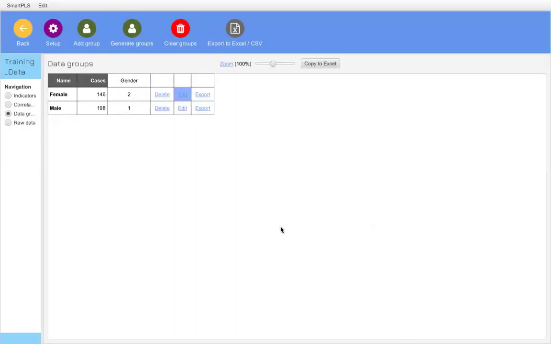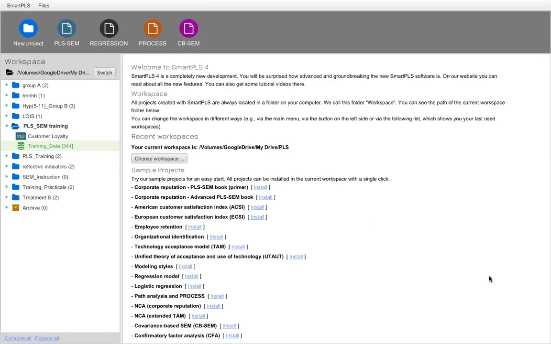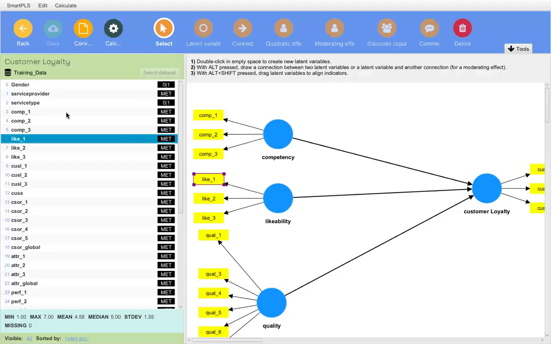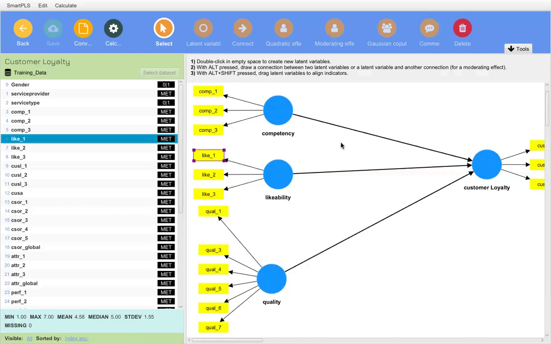After that, I just have to go back. After doing that, you go back. When you go back, it takes you to where you can select your model and the training data pane. Are we all there? Yes, please. Now, the next thing we want to do is select your model, which is the customer loyalty model. It should give you something like this. If you have it or whatever you've designed, it's just a demonstration. If you're here, you want to do calculations. Go to calculate.